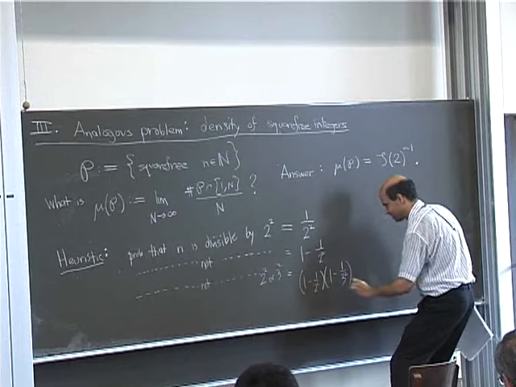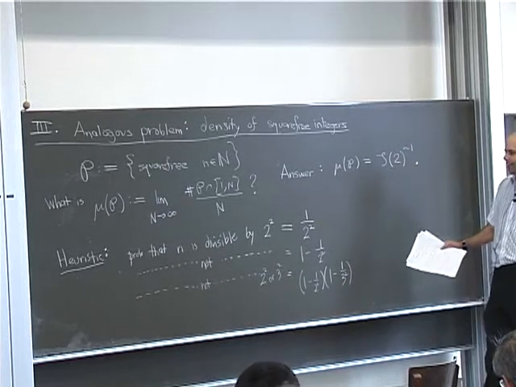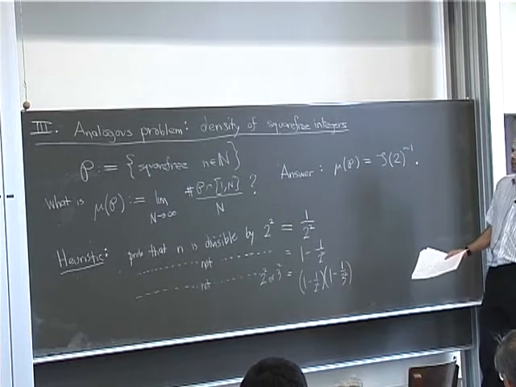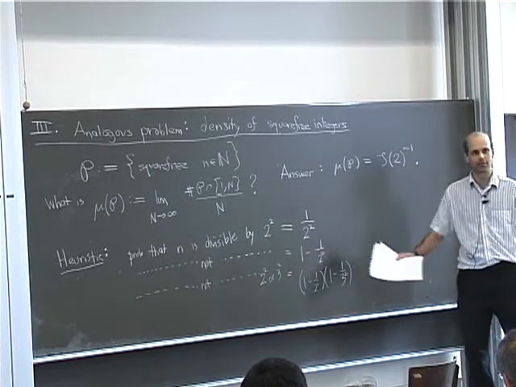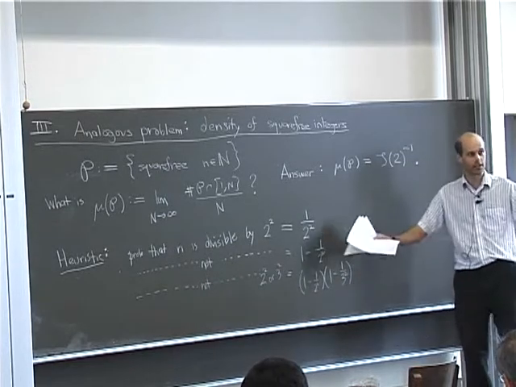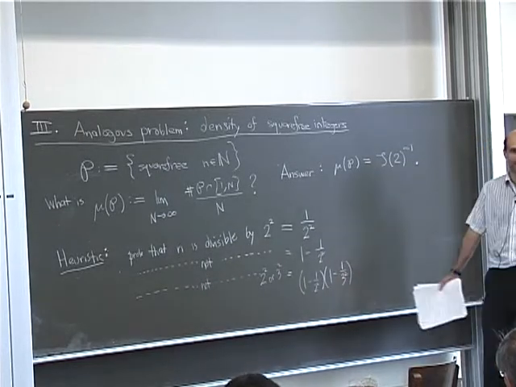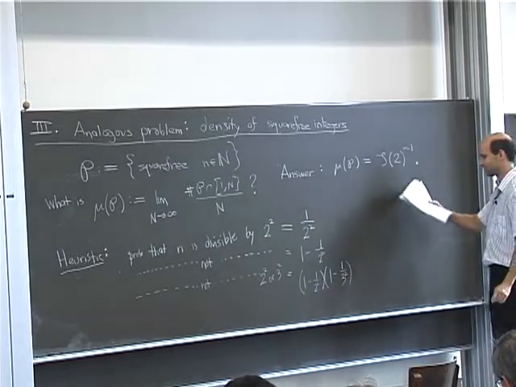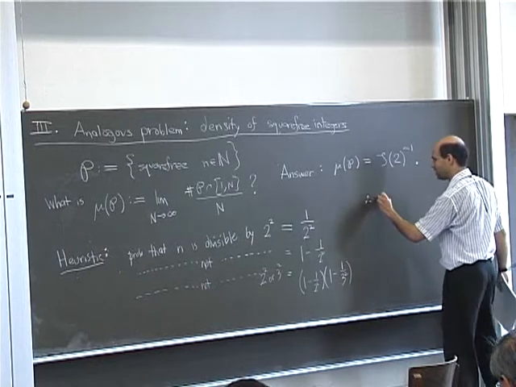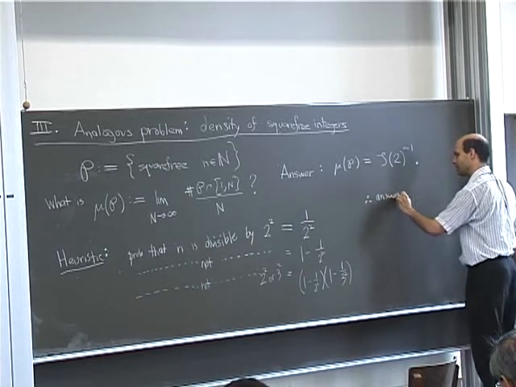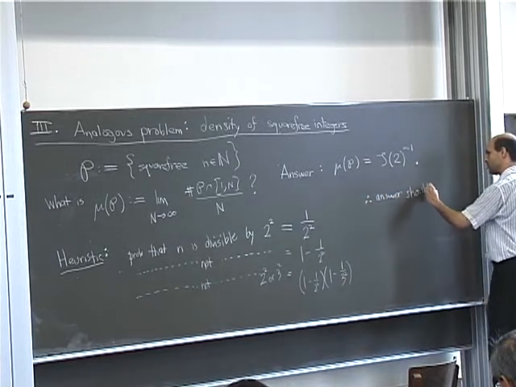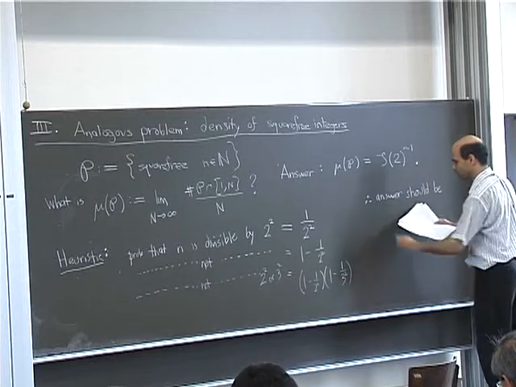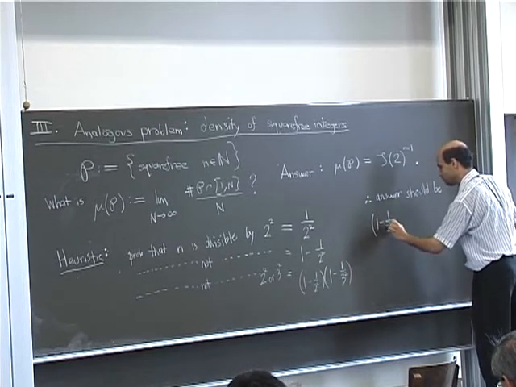Now we want the integers that are not divisible by 2 squared, not divisible by 3 squared, not divisible by 5 squared, and so on. So you should just multiply them all together. And therefore, the answer should be 1 minus 1 over 2 squared